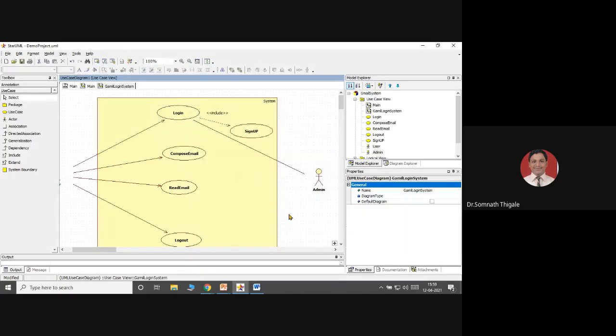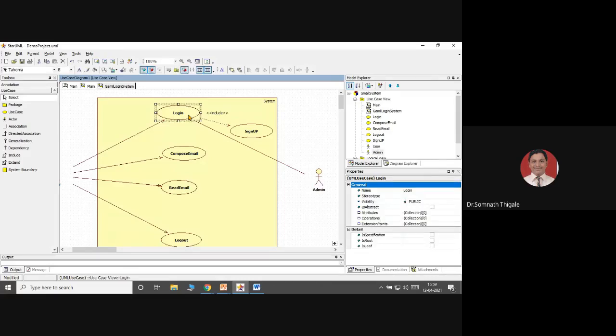I'll repeat, pay attention. Select one of the activities from the use case diagram. That's why I said to you to draw the diagrams. Is any proper sequence required? Yes, the proper sequence to draw the diagram is first complete your use case diagram, collect all possible users over there, collect all possible use cases over there. Now once you complete your use case diagram, then go for the next type of diagram called an activity diagram.